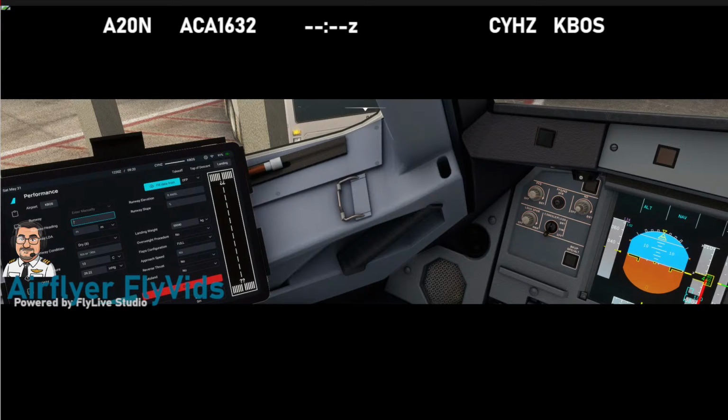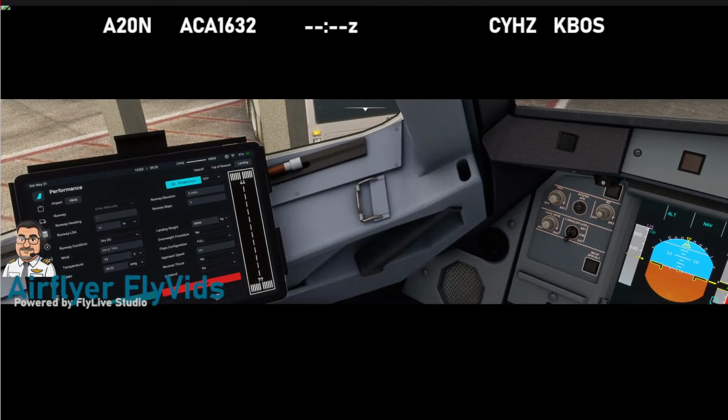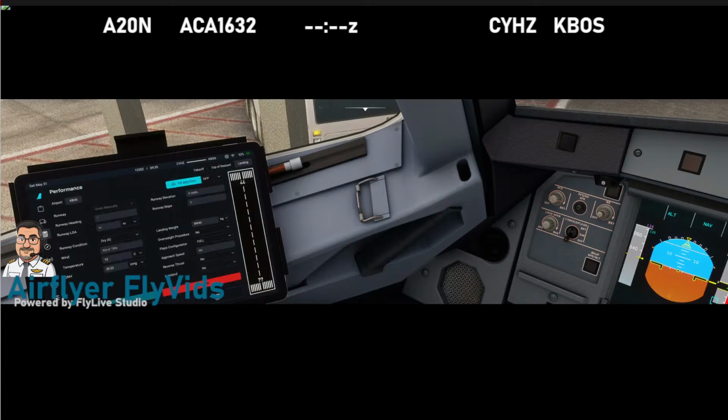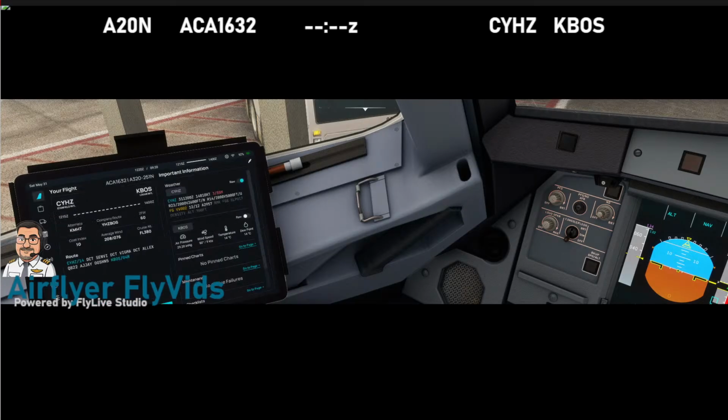So we are going to be landing runway 4 right, I believe is what it was. Yes, 4 right. So runway 4 right, and the information for that airport is going to be